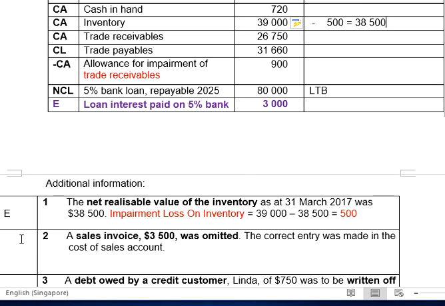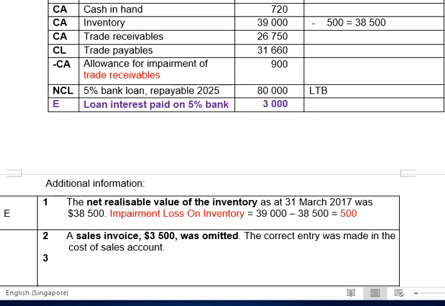Item number 2 tells us that the business needs to record goods sold on credit to trade receivable. Its selling price was not recorded. The cost price was already recorded, so you need not change the cost of sales and the inventory value. Just change two figures because of the double entry,